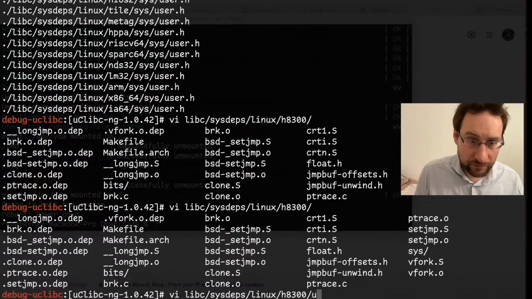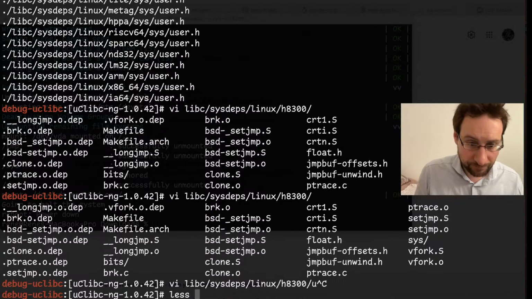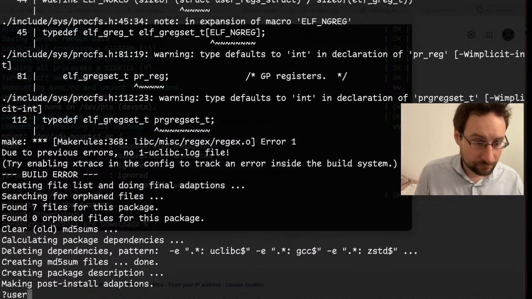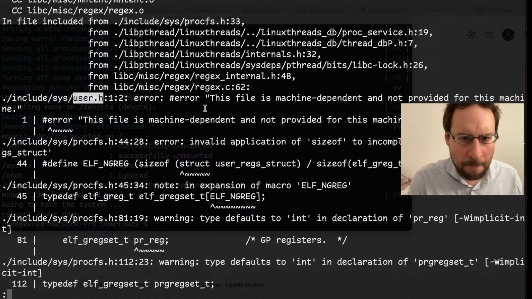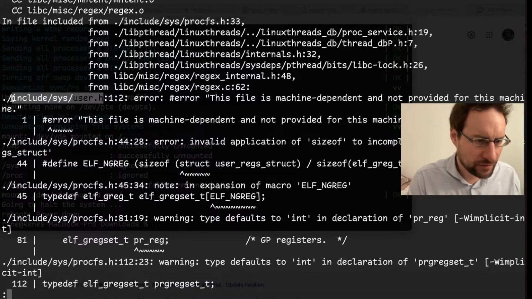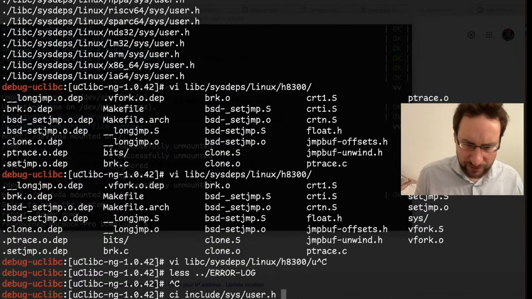Yeah, that doesn't have a user age there. Not really sure what's... Actually, it should support something, shouldn't it?